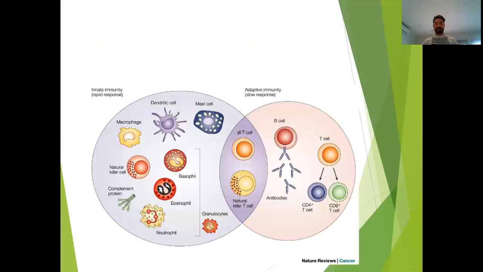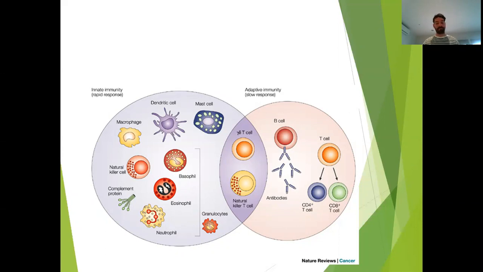So you can see this is a bit of a diagram showing some of the parts of our immune system. This isn't even all of it. There's heaps more cells involved. But you can see that it's divided up into our innate system and our adaptive system. And there is some crossover where they're involved in both processes. We're going to break down the major ones that you need to know and go through their functions and hopefully build up as we go over the next few lessons about what they actually do